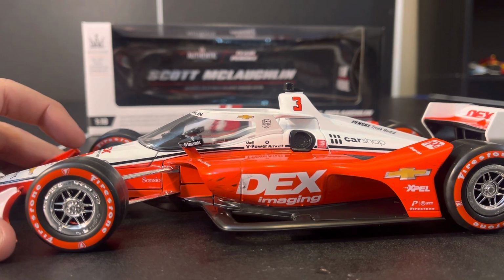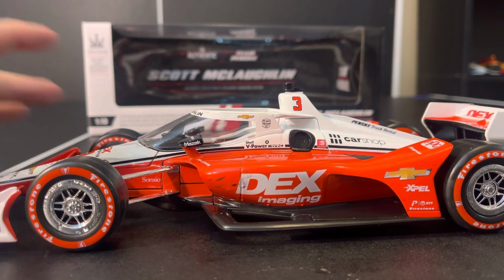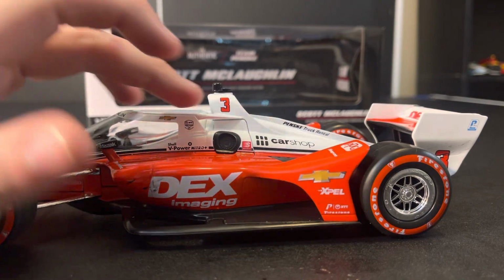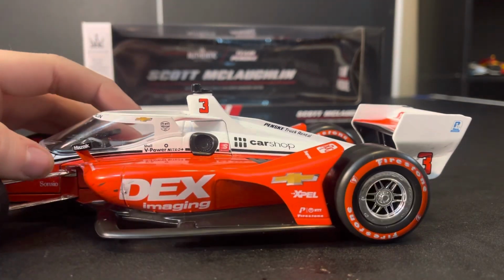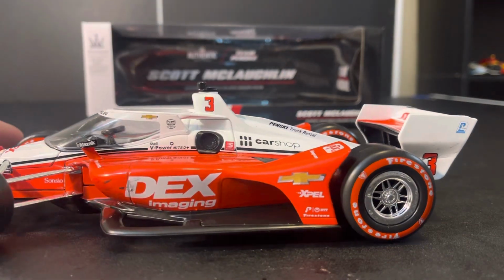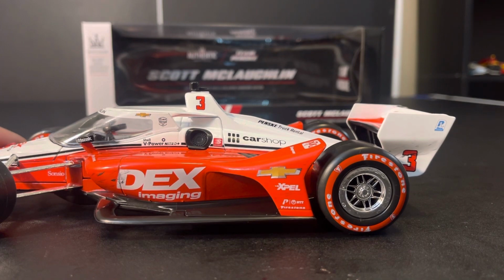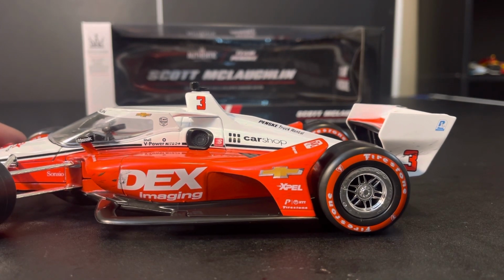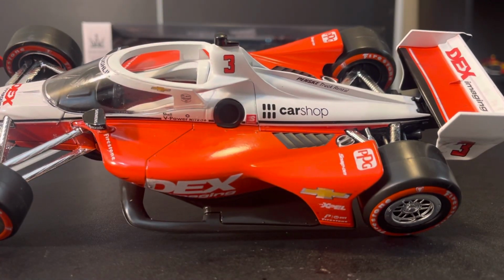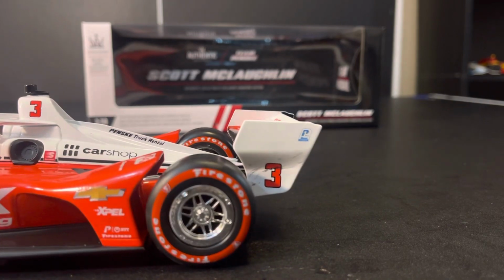I do feel like I have to throw in there that it did not come from Greenlight Racing. Otherwise, they would look like crap. You have the number 3 up here, black camera pod, Fuel Buckeye, Shell, or not Shell yet, not Shell yet, but Car Shop, and then Penske Truck Rental, PPG, Snap-on, and then you have Chevrolet, XPEL, and the NTT P1 Pole Award. Little subtle tire markings on the rear ramp, the tire ramp, and then you have on the rear